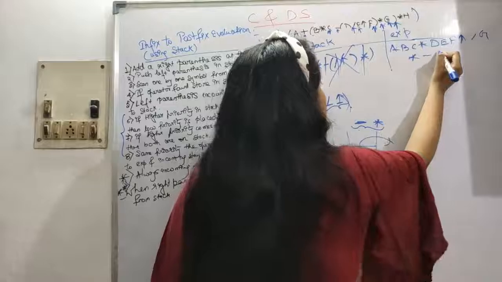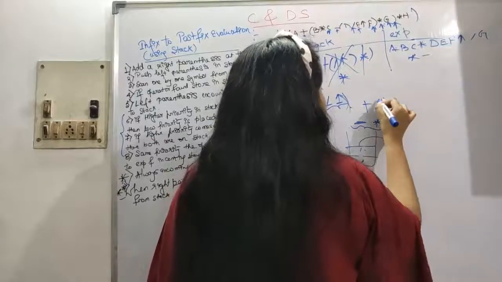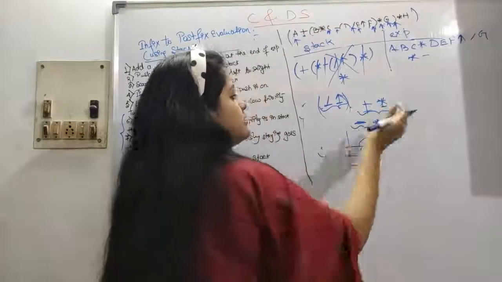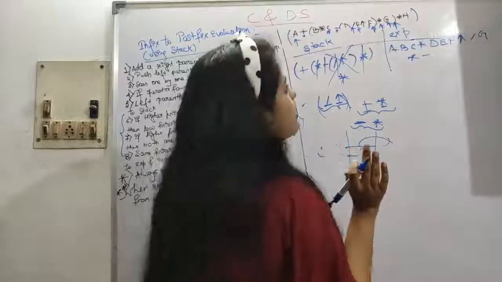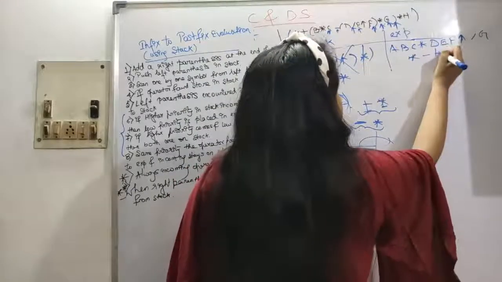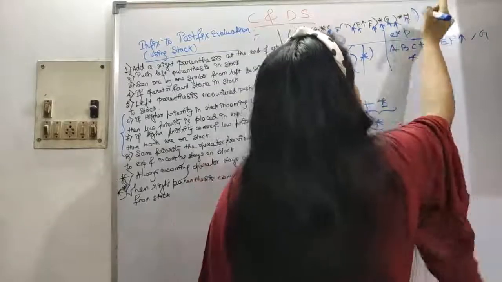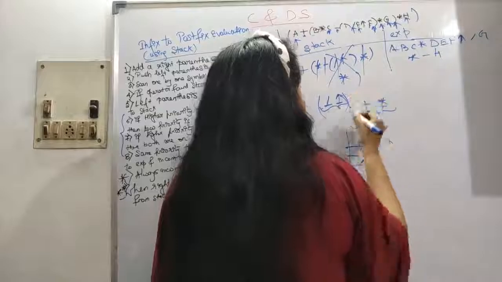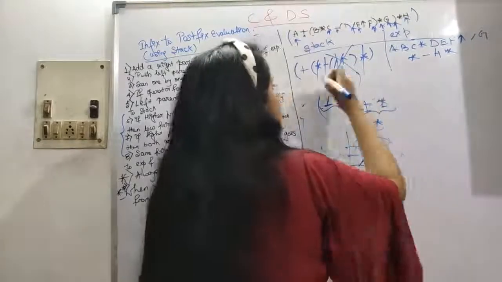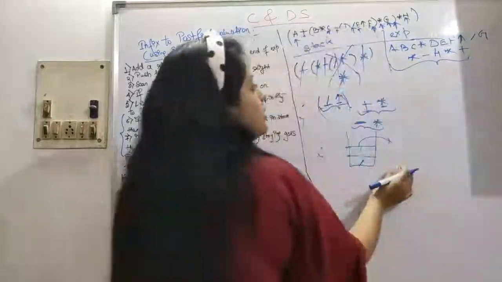Next is star. So plus and star: you are sitting there and some celebrity is coming and sitting beside you, so no ego problem, nothing. Both will stay as they are. Then H is encountered. Then our final parenthesis is encountered. So star will be popped, then plus will be popped. So this is our final expression.